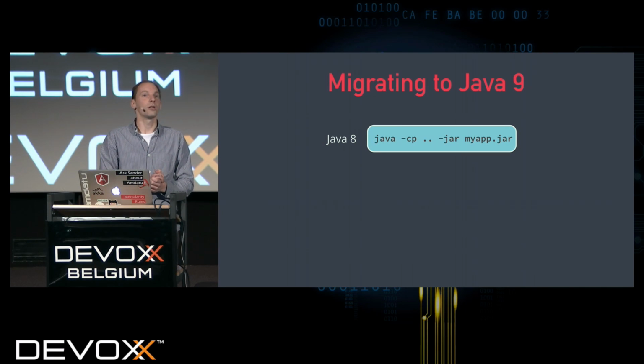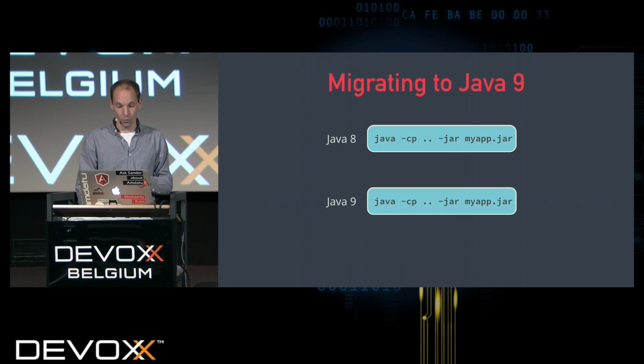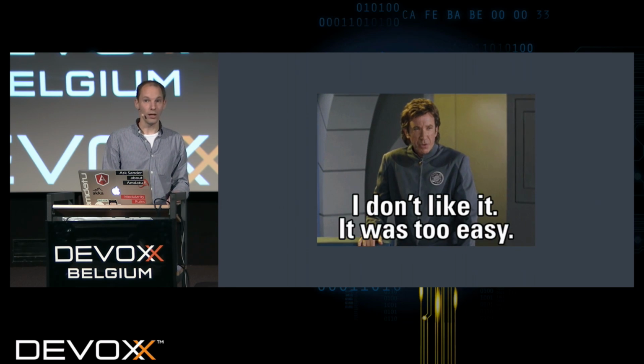So what would it look like if we were just to think about it ourselves? Let's say we have an application that's running on Java 8, with the class path, of course. Here it's undefined, but it doesn't really matter what's on there. We start our app just as a jar. So what would it look like ideally on Java 9? Well, ideally it would look like this, right? So we have the same command with the same class path in Java 9. We have our own application that should still run, right? Well,